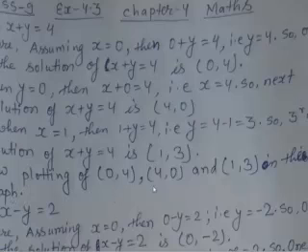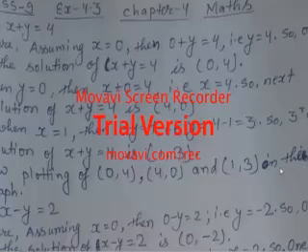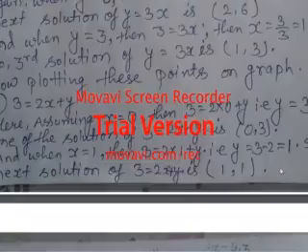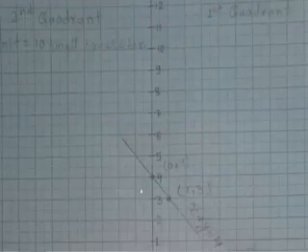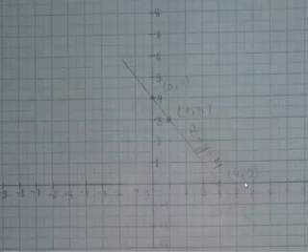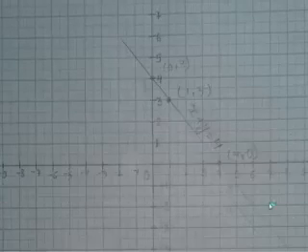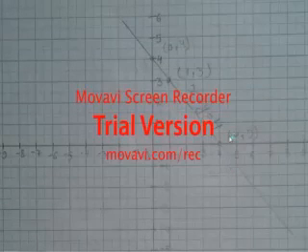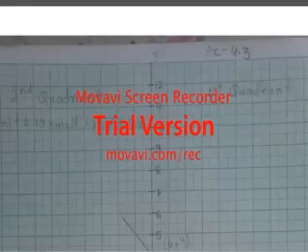Now we will plot this and we will draw the line. So you can see now plotting 0 comma 4, 4 comma 0, 1 comma 3 in the graph. Here on the graph also you can write. You can see over here, this is 0 comma 4, this is 1 comma 3, this is 4 comma 0, all joined with a straight line. This becomes the x plus y is equal to 4 line. You can see here the y axis and x axis have been done.